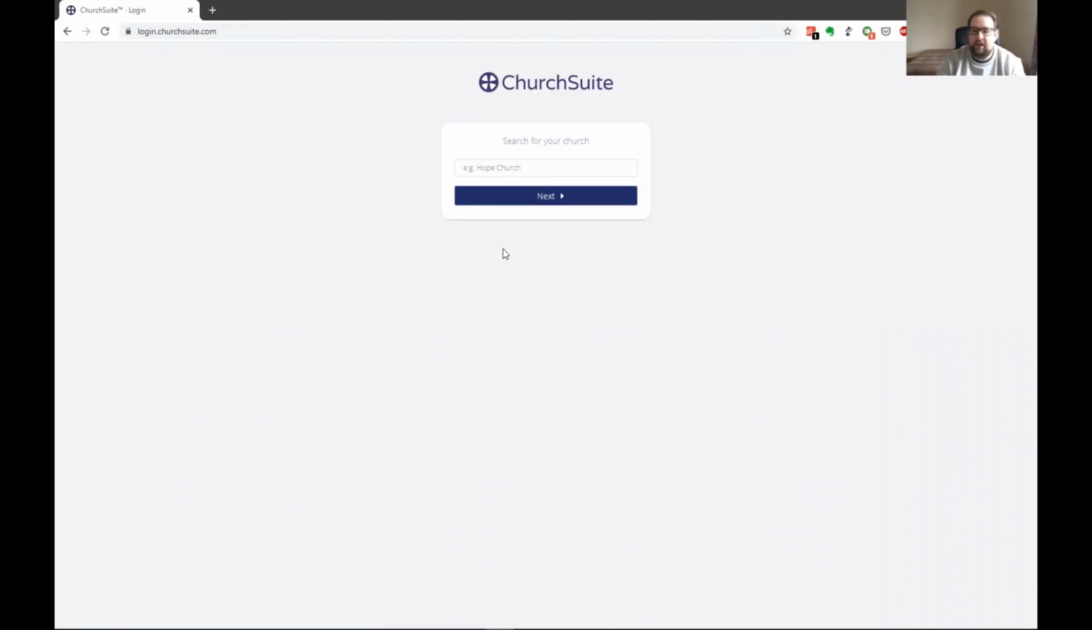And the first thing they need to know from us is what church we are trying to log into. And so we need to type in what church we are. Now, obviously, this is set up for Connect Church. So if you type Scunthorpe Baptist Church, it won't find that church. You need to look for Connect Church. If we type in Connect Church,